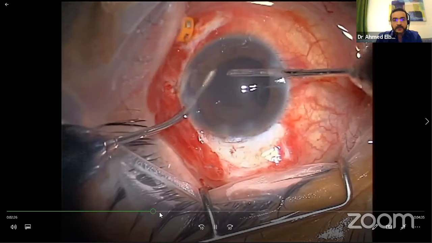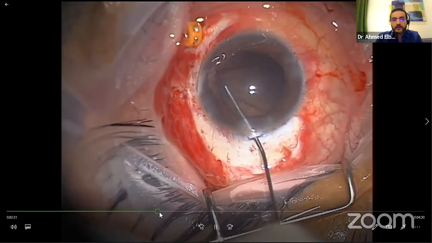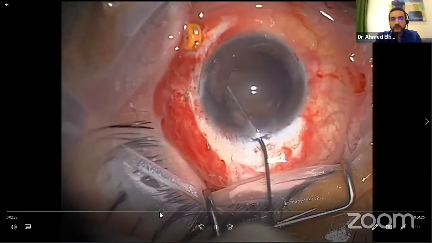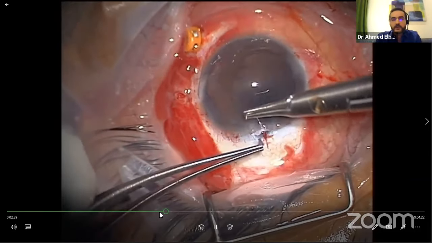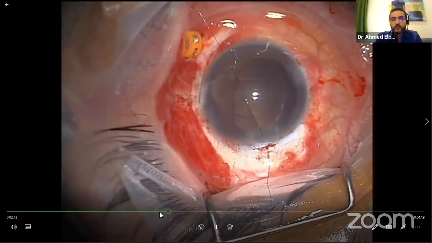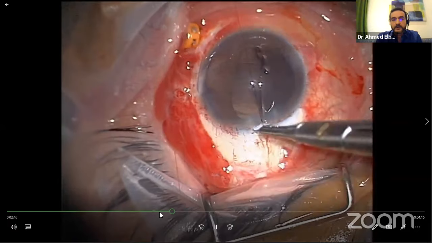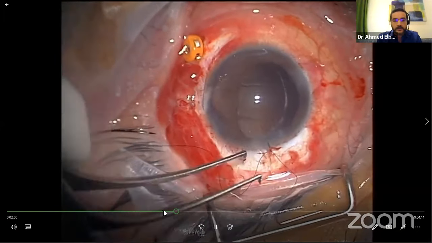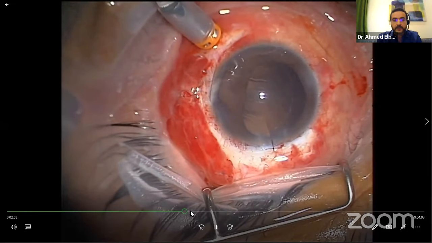for sure, after cleaning the cortex and the posterior capsule, you put viscoelastic to inflate the bag, because later on we need the posterior capsule to be separated from the anterior one. And then I take one stitch temporarily because we don't want any leak or any hypotony during surgery. So you suture it, and then we start our surgery, going for the intraocular